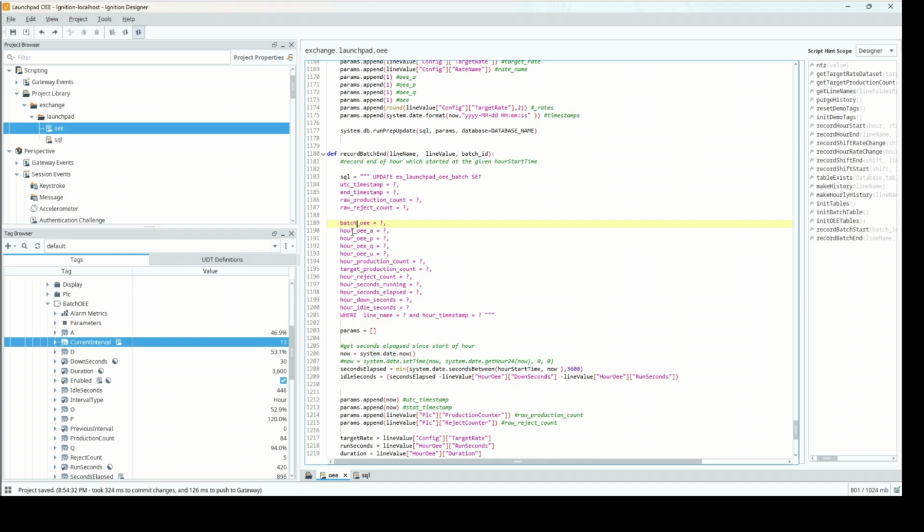These all become batch instead of hour. And we can simply do where batch ID